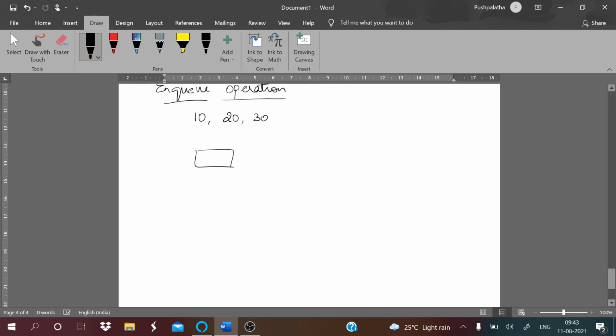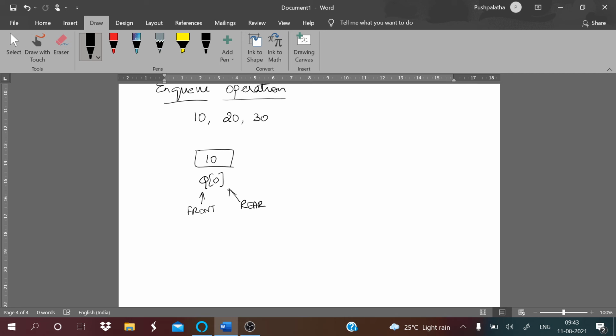You are inserting one element, 10. This is your queue of 0. You have created a queue. After inserting 10, this is how it looks. Now at this position, this is the front and this is also the rear. There is nothing behind and nothing ahead, only one number, that is 10. So that will be both the front and the rear.